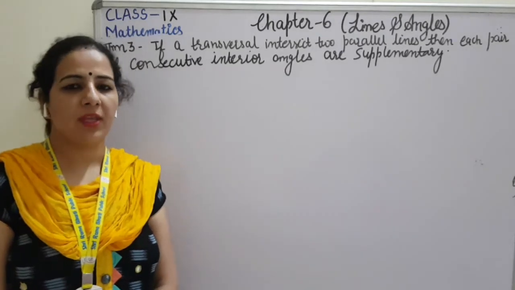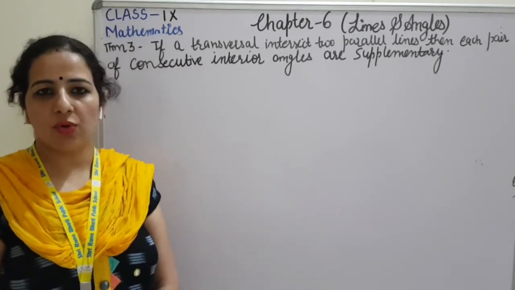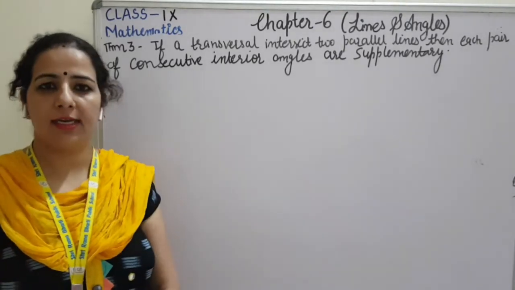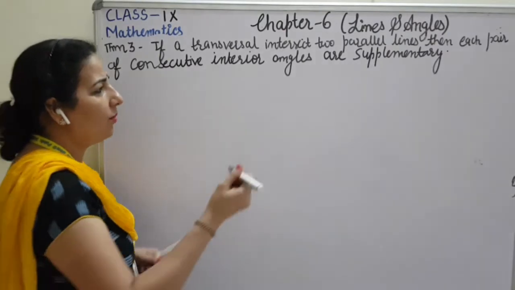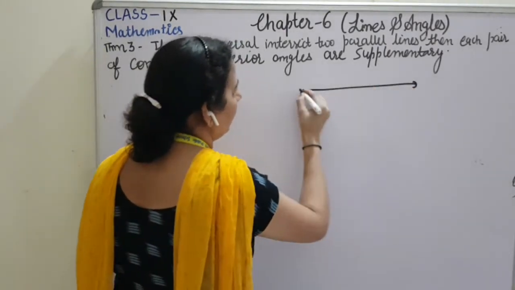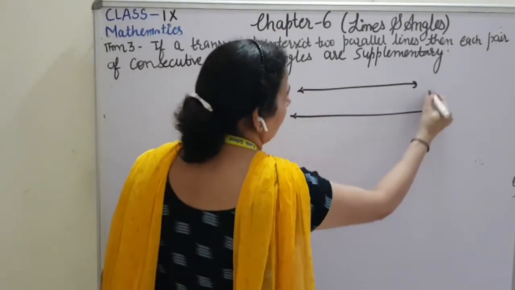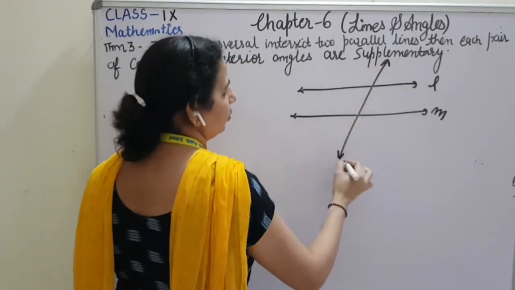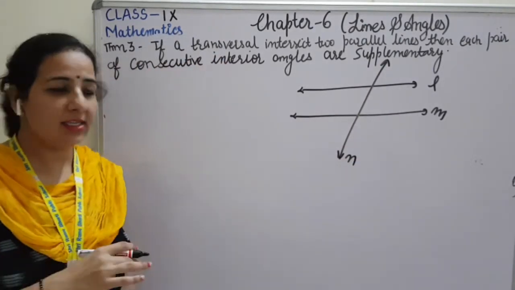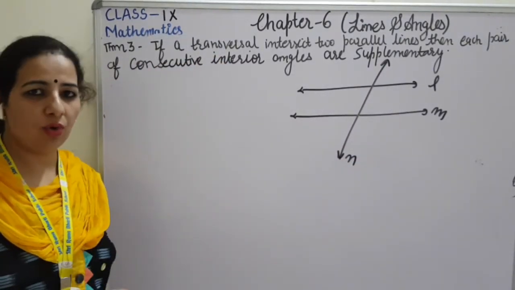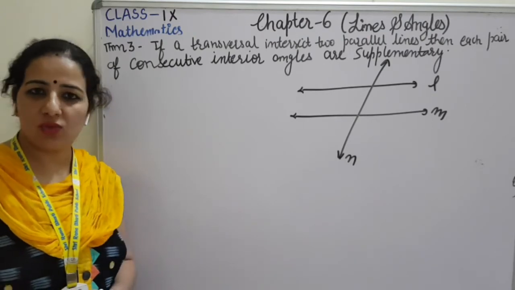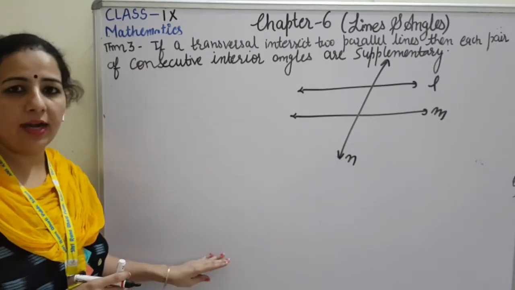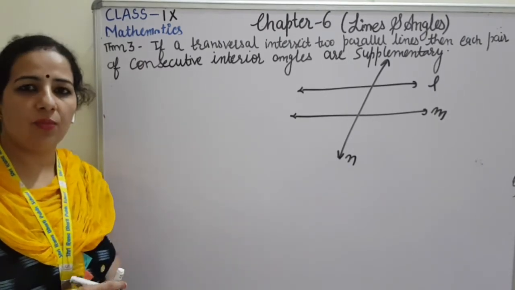Morning students, we are going to continue with the theorems only, and here I have written the third theorem: if a transversal intersects two parallel lines. So almost the same diagram, we have two parallel lines, line L and line M, and a transversal intersecting these two parallel lines. In these classes we are going to complete all the theorems, and in our online Zoom classes we are going to complete our exercises only. So from here you can do all the theorems in your fair notebook also.